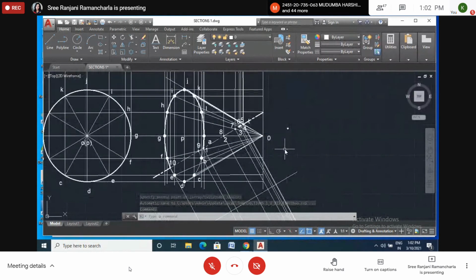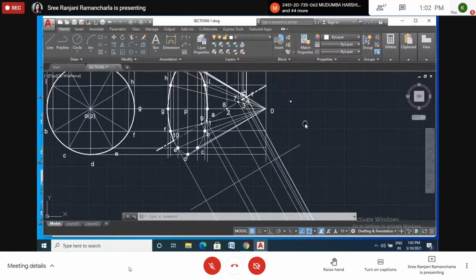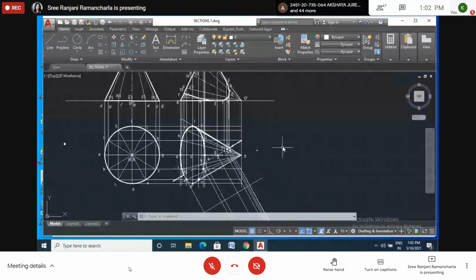They are coinciding now. Now here we should be very careful. Where is point 1?